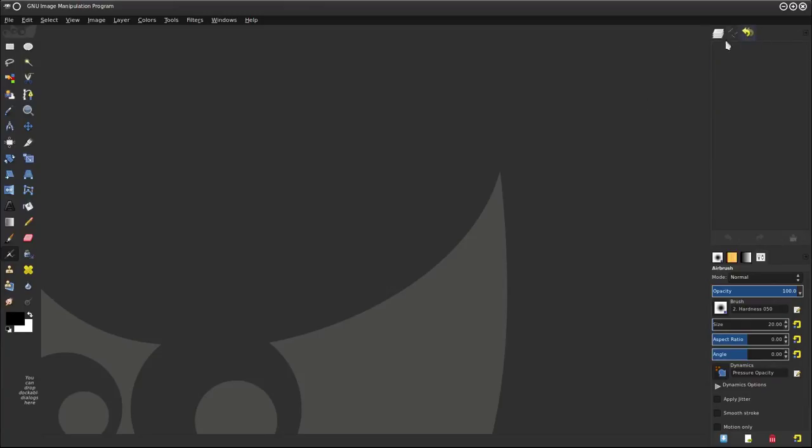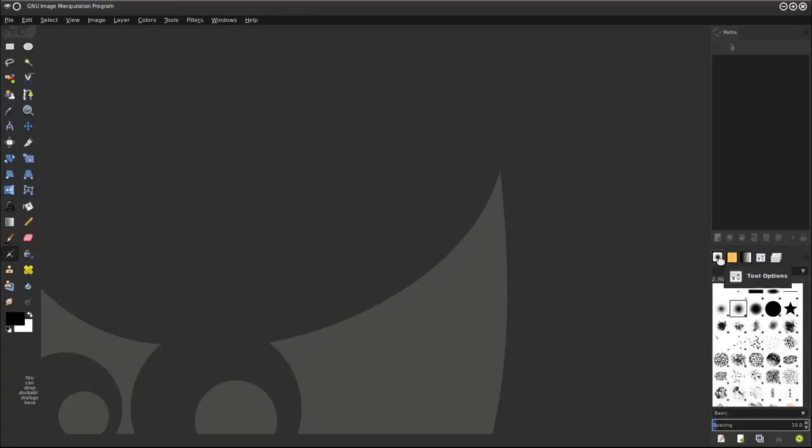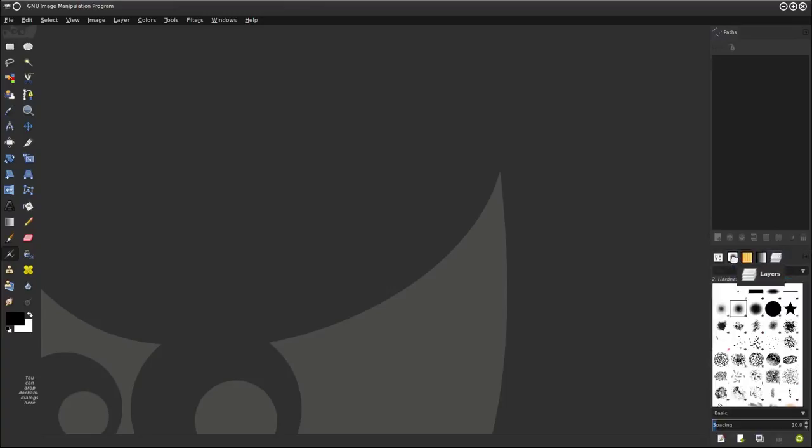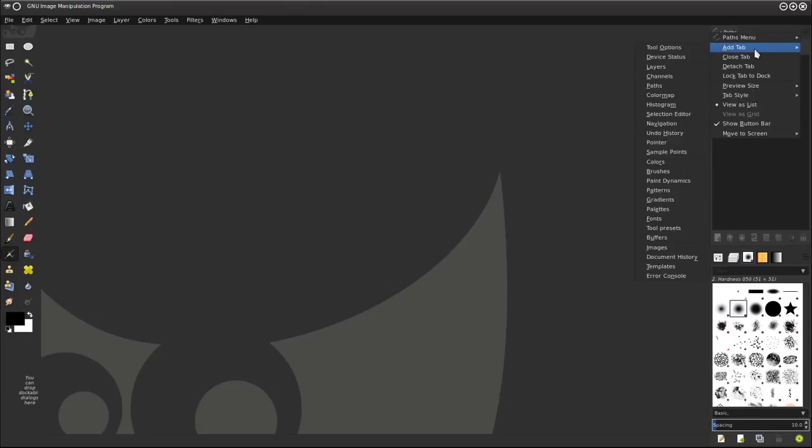I usually don't have the undo. I don't usually use that. I usually use the paths. Then I'm going to click on layers, and I like to have my layers down here. I'm going to rearrange these, and I'm going to put my tool options here and then my layers after that. Now in this top dialog here, I want to add some more tabs, so I'm just going to click the arrow and go to add tabs,